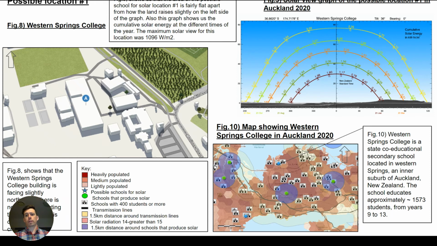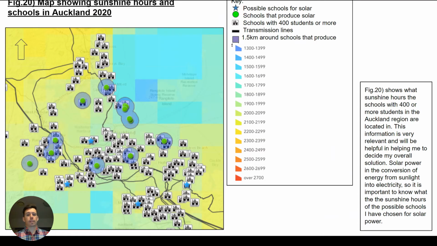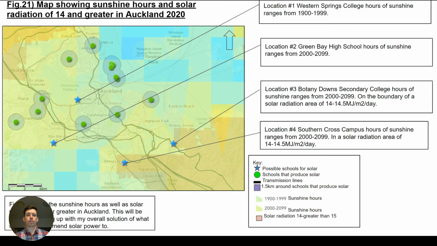I also got them looking at other tools to develop their spatial awareness, like the NIWA Solar View tool and the shadow mapper here, to get them looking at potential obstructions from the natural and cultural environment that might interfere with the amount of solar radiation hitting the roof of these buildings. The student also looked at sunshine hours, but determined that it wasn't a significant enough range to be a big criteria in their decision-making process.